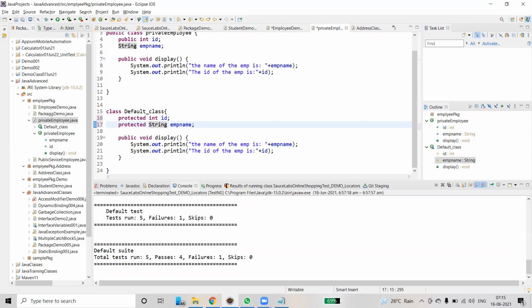So protected data members and methods are only accessible by the classes of the same package. That means we can access this ID and employee name wherever we require in the same package. You can even leverage these variables inside employeedemo.java. Similarly this one also. Then simply change to identify the default class.